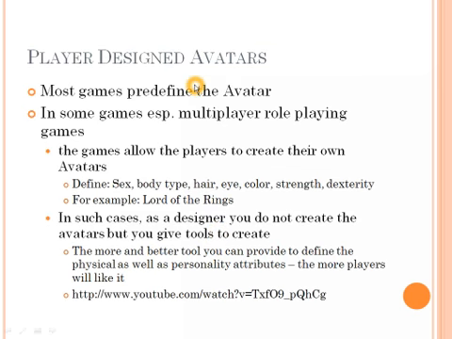Now, player designed avatars. Most games predefine the avatar, but in some games, especially multiplayer role games, the game usually provides options so that the player can define his or her own avatar. The player can design the sex, body type, hair, eye color, strength, and dexterity for the avatar. For example, Lord of the Rings has this feature. It actually also defines his characteristics, his personality in the game. In such cases, as a designer, you do not create the avatar by yourself. You can give some default avatar, but you will give the tools to the player to create the avatar himself. The better control you give,